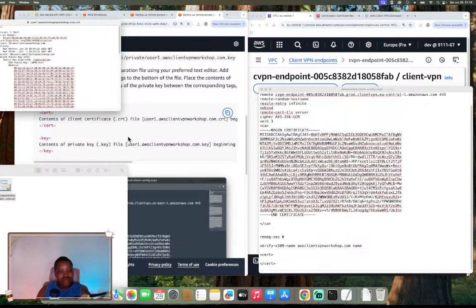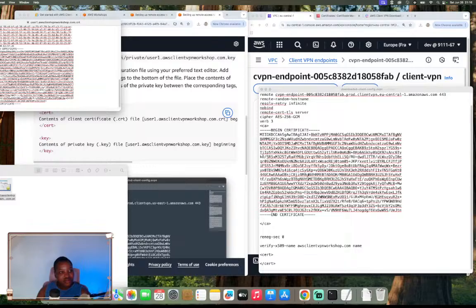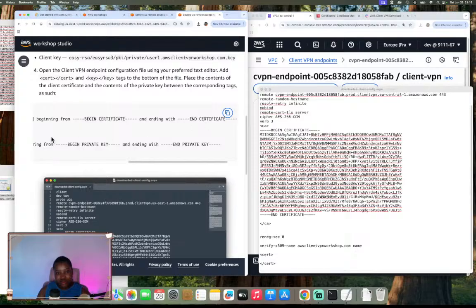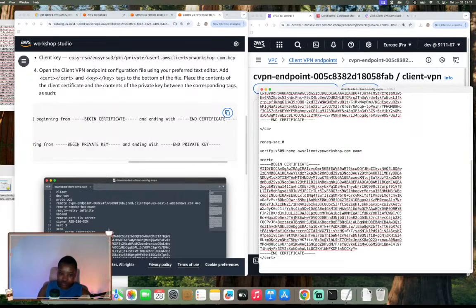Yeah, so you're only going to take the part that begins with "begin certificate" and ends with "end certificate." These are the important parts, where these lines start. That's what we're going to take. So I'm putting this here. I'll also do the same for the